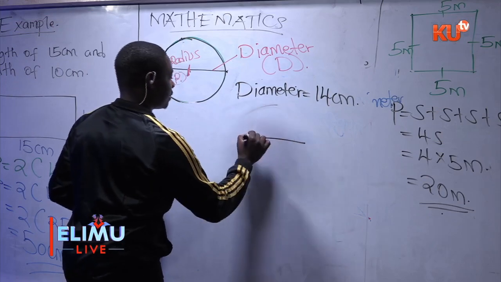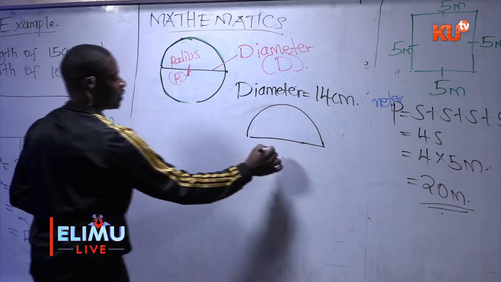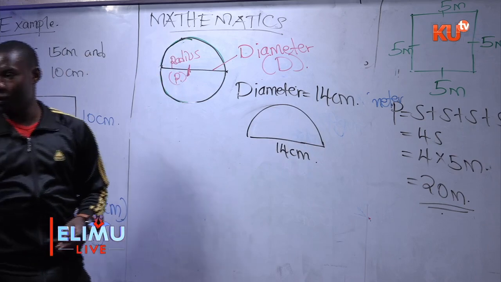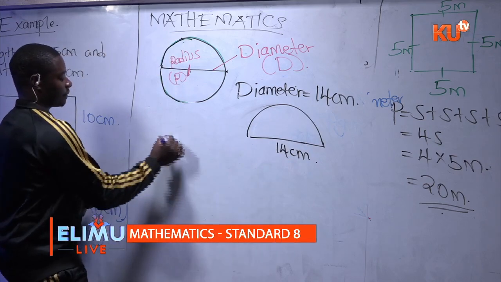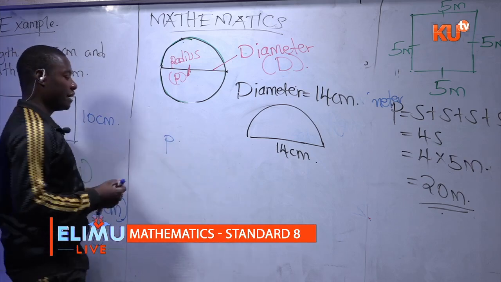So it's a half a circle in this case, with the same measurement, 14 centimeters. Now let's see how we are going to find the perimeter. So perimeter in this case will be